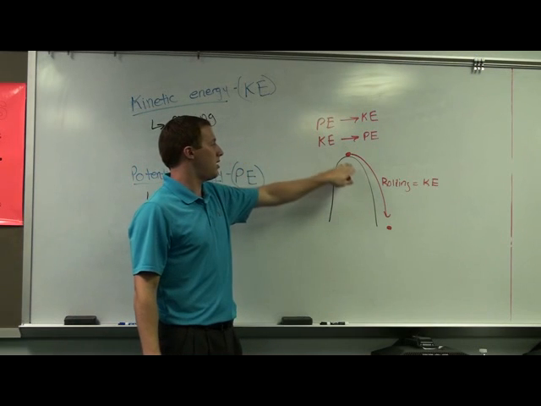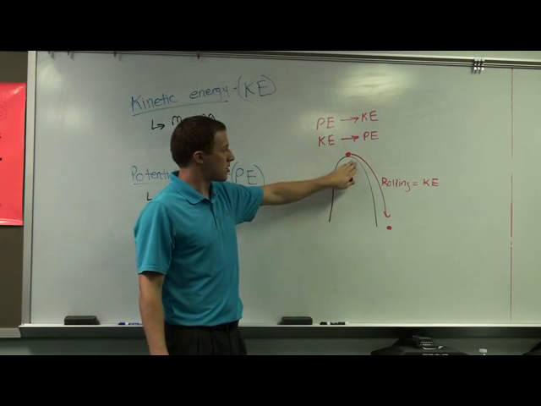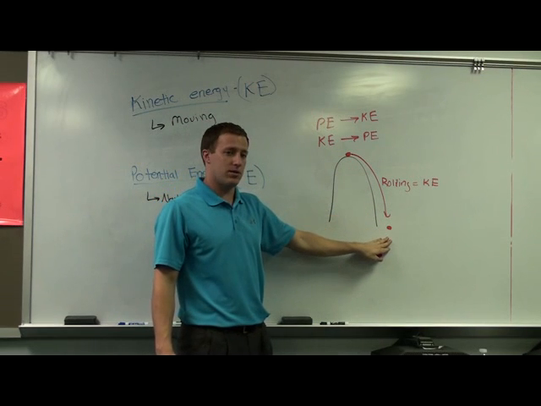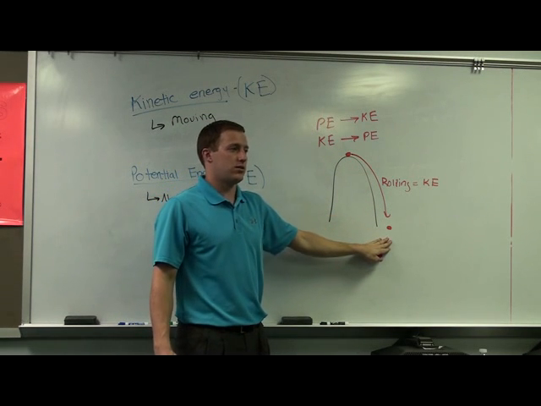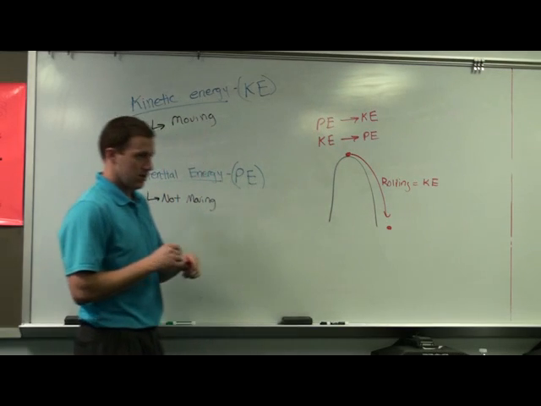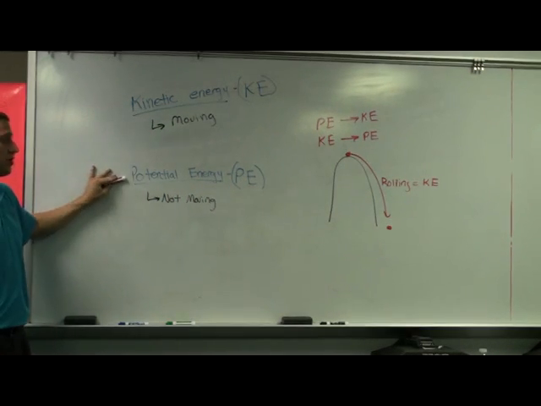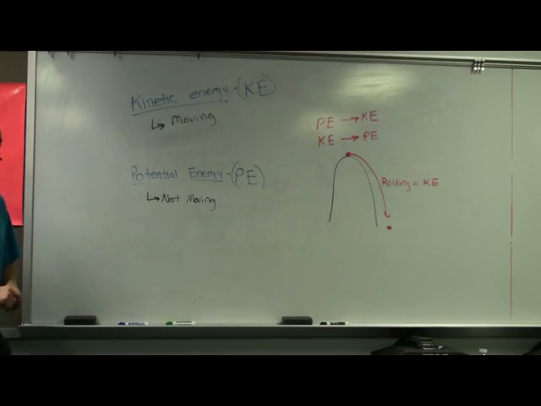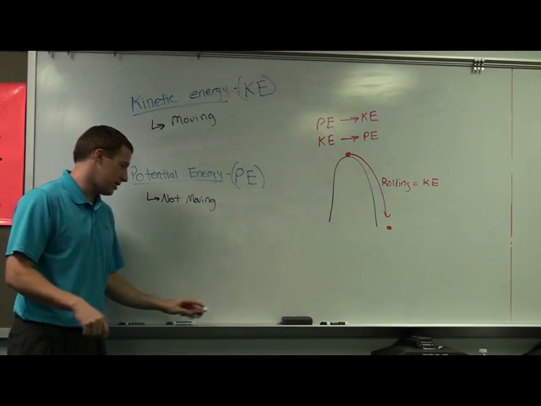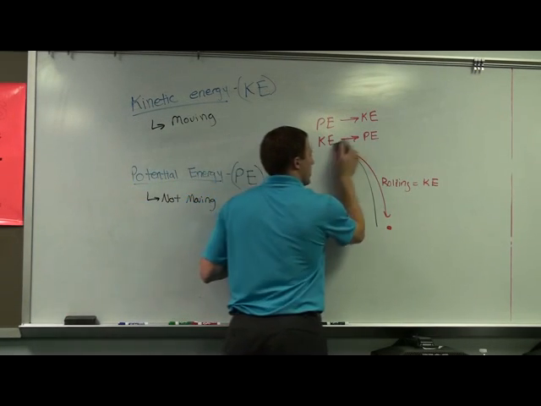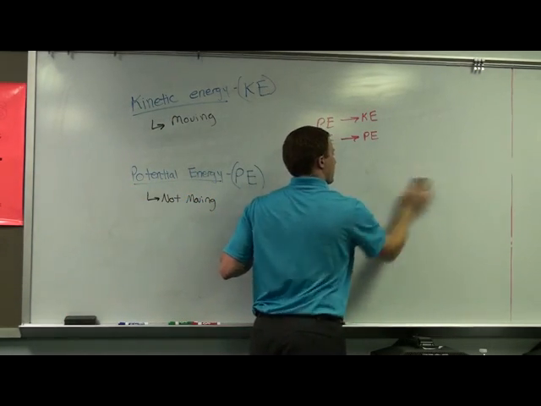Okay, so here it has potential energy, starts rolling down the hill, which is kinetic energy, and then what happens when it hits the bottom? Potential energy. So then it stopped again. So what's kinetic energy? It moves. What's potential energy? It doesn't move. Okay? That's what you need to memorize for the test. Don't worry about getting into other details. There are more details to it, but that's all you need to know for this test.